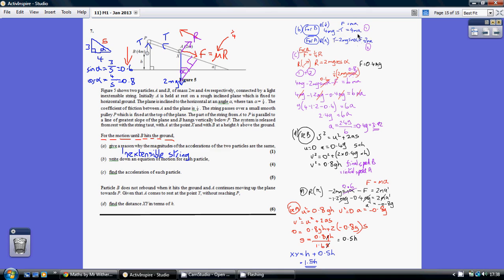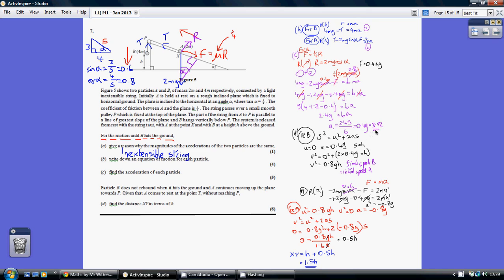So we know F is 1/4 of R, because F is mu R, so we need to find out what R is, and in order to do that we resolve in this direction, which I've done here. So we work out that R equals 2mg cos alpha. So we now know that F is 1/4 of this, so basically we're now left with just the one unknown, because the m's cancel, g is obviously 9.8, so that allows us to work out that a is 0.4g